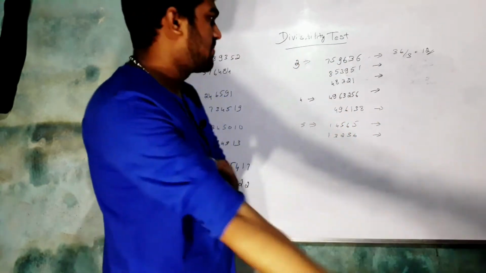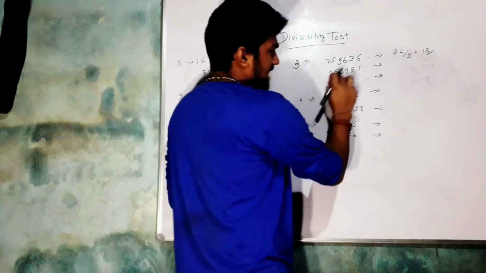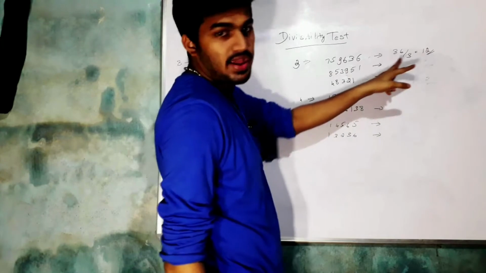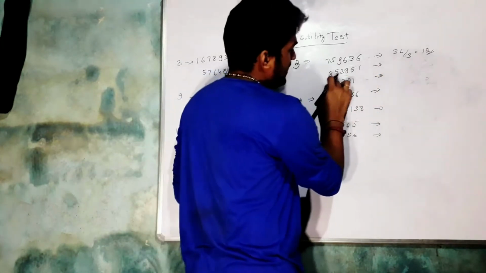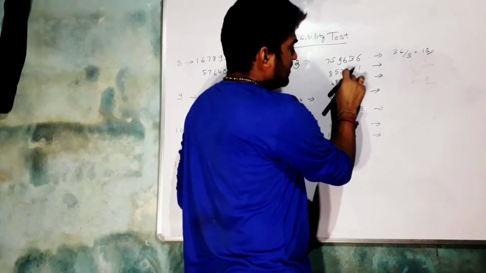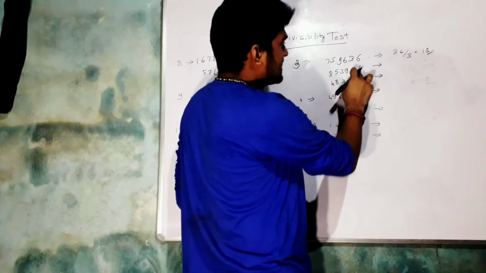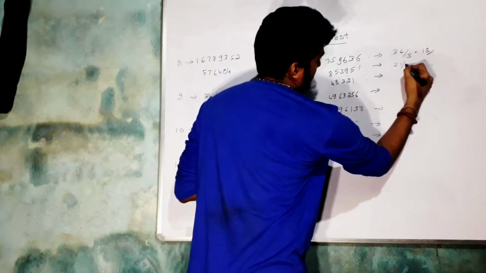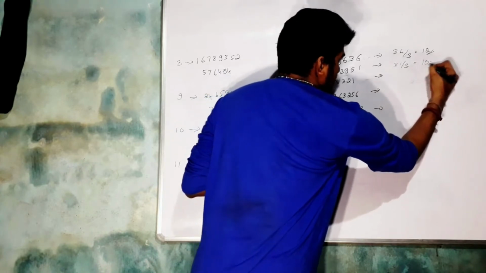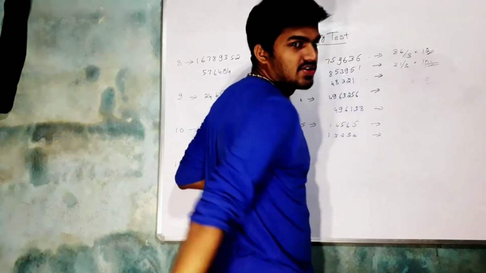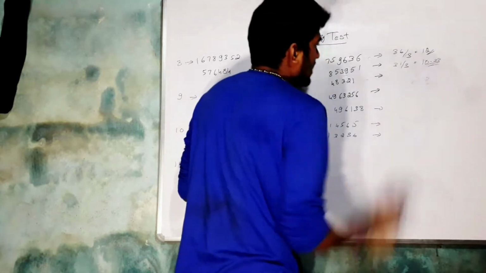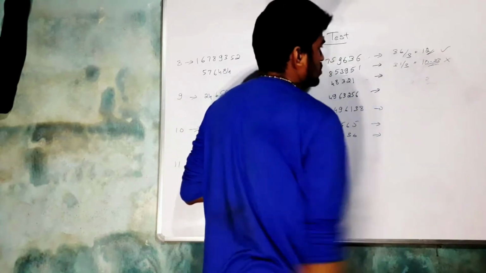So let's take another number. Just add the digits and divide the sum by 3. 8, 5 is 13, 13 and 3 is 16, 16 and 9 is 25, 25 and 5 is 30, 31. So 31 divided by 3, it's not divisible by 3. It will give 10 point something, a fractional number, 10.33 something. So it's not divisible by 3, right?